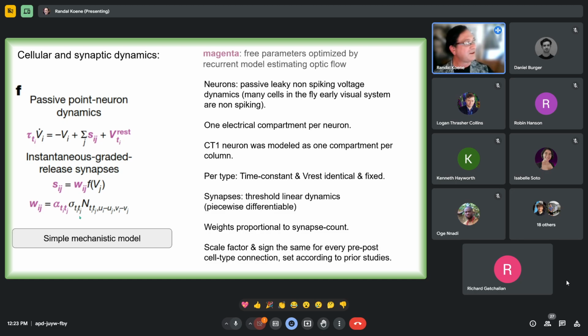So the variable n here actually represents the average count of synapses. So again, this is information that comes from the connectome. It's constrained by the connectome, as shown in the matrix earlier, but they're average counts. And again, task optimization was then used to set the free parameters. And for the synapses here, that's the scale factor for each of the connection types. And again, remember, we're talking about connection types, not individual connections from one neuron to another.